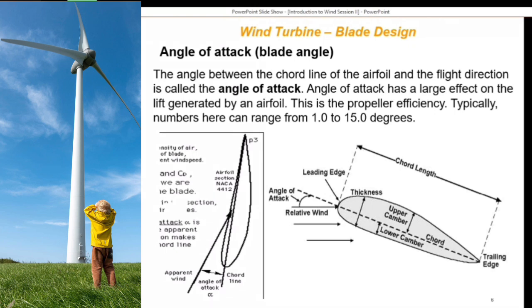So the angle of attack has a large effect on the lift generated by an airfoil, and this is propeller efficiency. Once we talk about efficiency, typical numbers here can range from 1 to 15 degrees. It means that this angle of attack will hit the center,